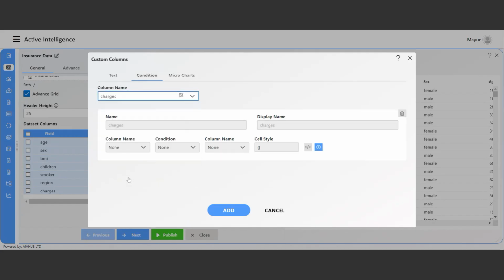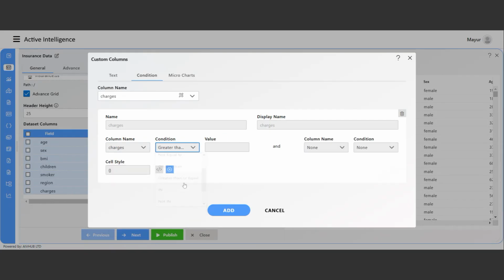You need to select charges. So for column name, select charges. For condition, you need to give greater than or equal to, let's say, 20,000,